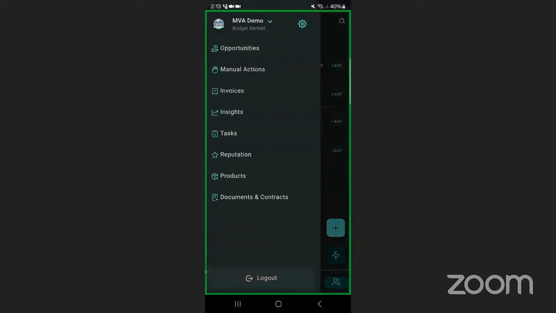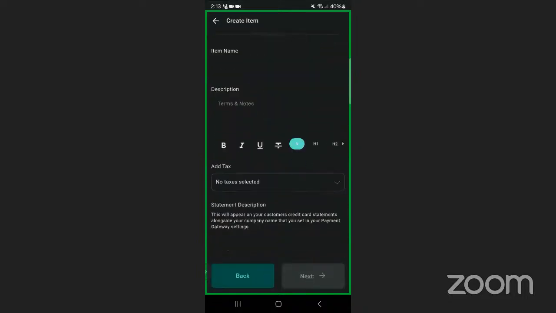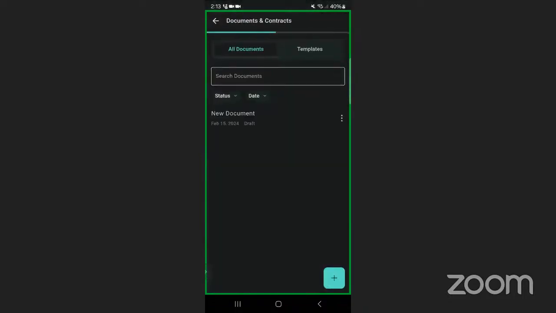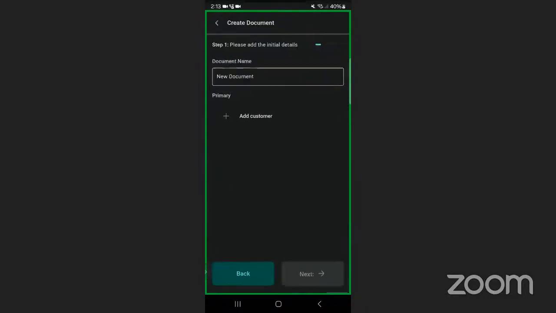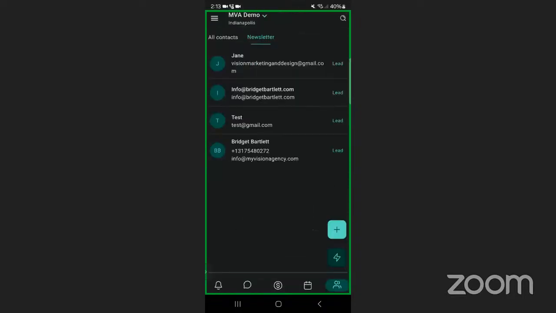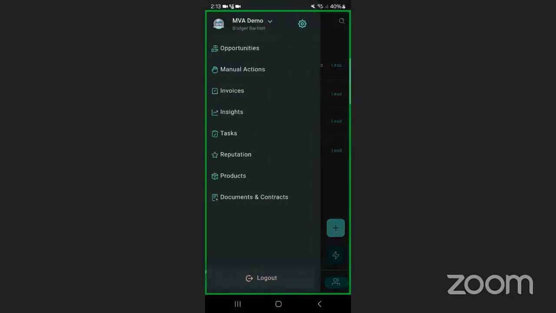Now, you also have the ability to access all of your products. You can even create a product here directly from your phone if you want to. And you have documents and contracts. So that's really cool. Like I said, if you're in meetings and you want to create a document on the fly, you can even use some of the templates that you have available. Okay. Super, super cool. All the things that we can do in the mobile